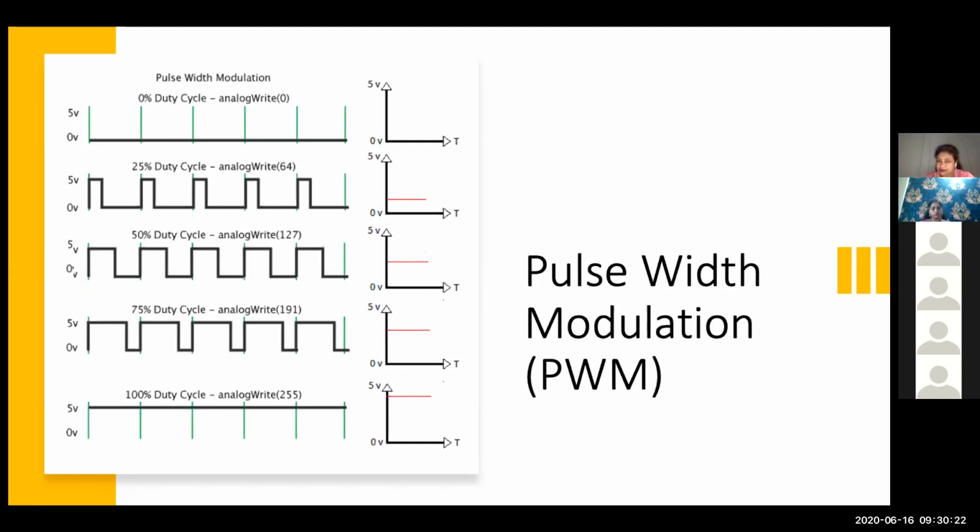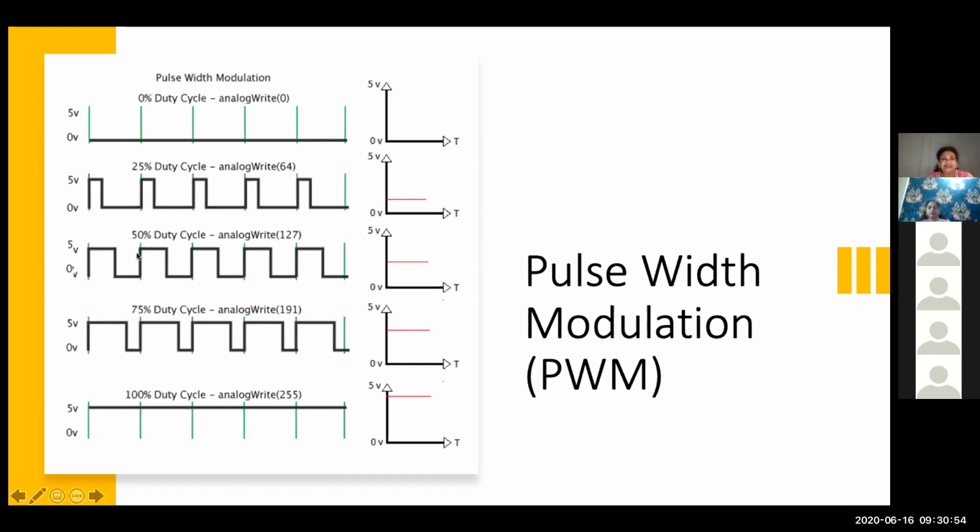Yes, ma'am. Okay. Now, when I write analogWrite 0, that is basically corresponding to generating a waveform with 0% duty cycle. Now, what is duty cycle of a waveform? All of us have seen square waves. Did you see square waves? This kind of waves, have you seen? From any function generator you have used in your labs? Even if you have not seen, it's okay.